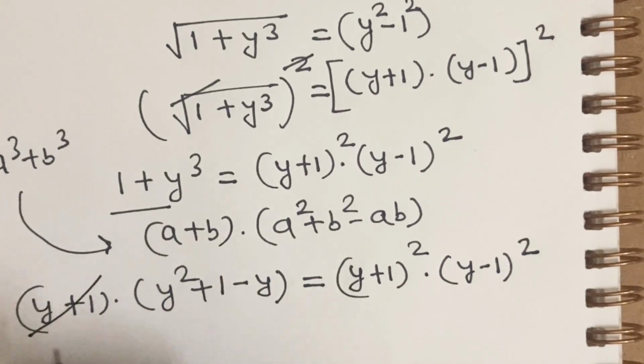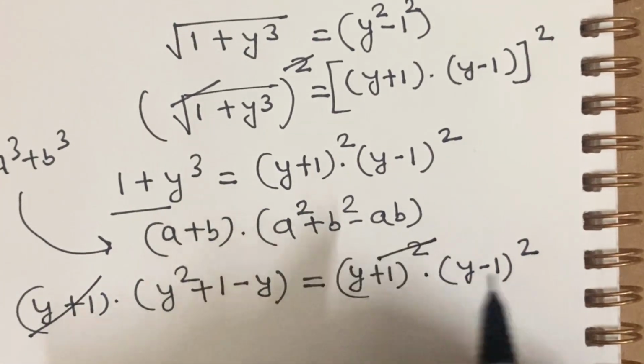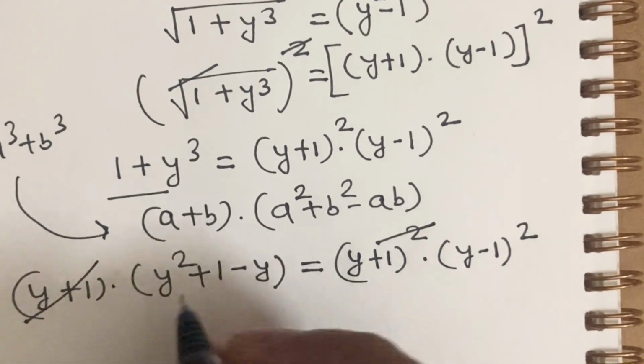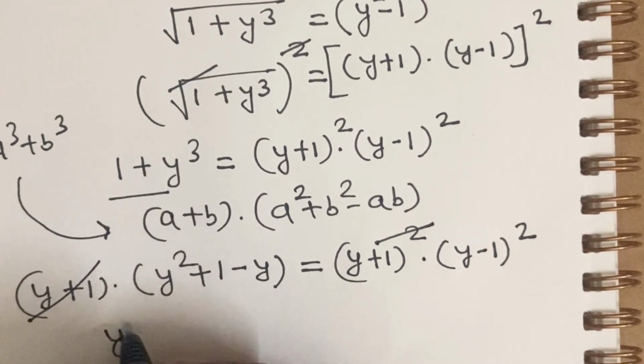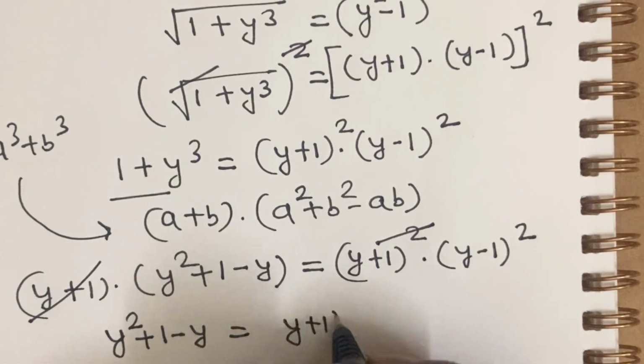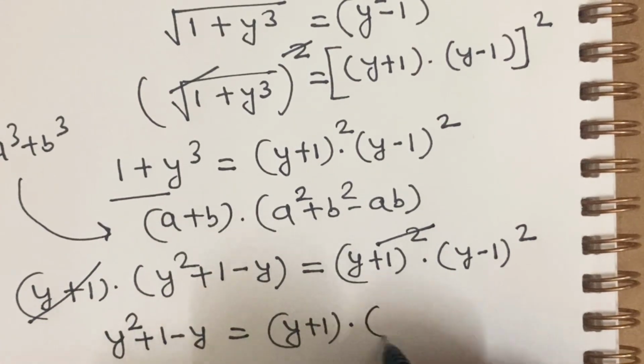So this y plus 1 cancels out this y plus 1. So our equation will be simplified to y square plus 1 minus y equals y plus 1 multiplied by y